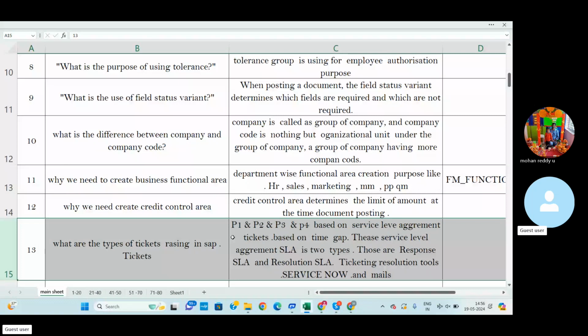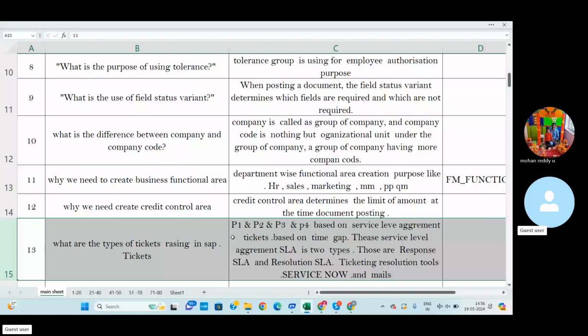For example, we receive a ticket from the end user. If a P1 ticket is raised, it means the TL and the consultant need to resolve the ticket within 10 to 15 minutes.